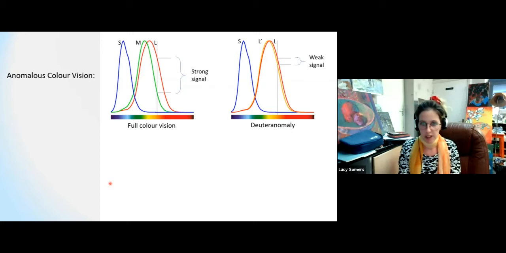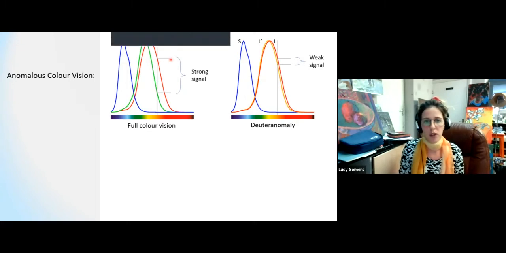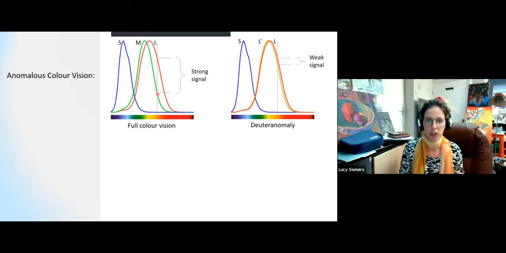So here's a brief introduction to anomalous color vision. With individuals with full color vision, the red-green discrimination is going to be produced by the difference at any point in the spectrum between the responsiveness of one cone and the responsiveness of another cone. So with the normal observer, the difference at this point in the spectrum is quite high, resulting in a